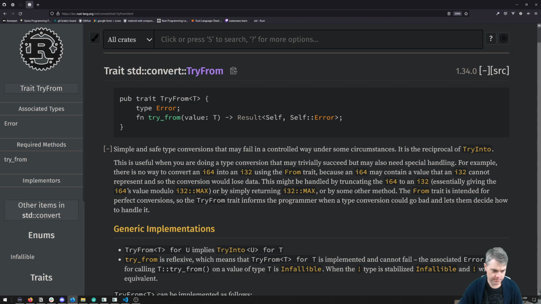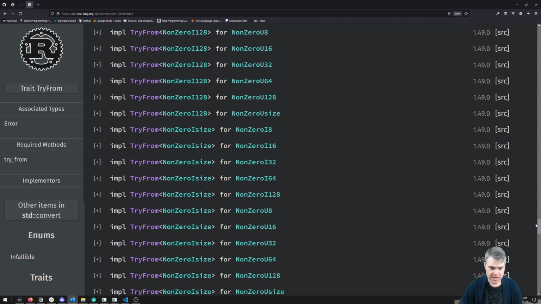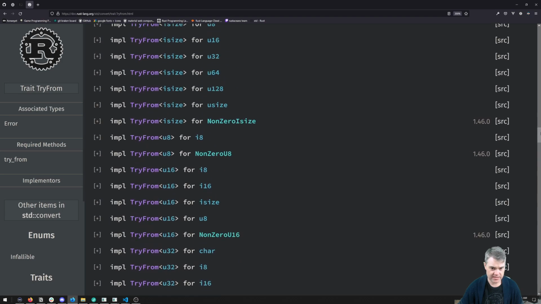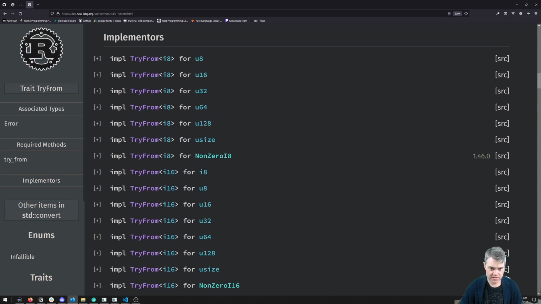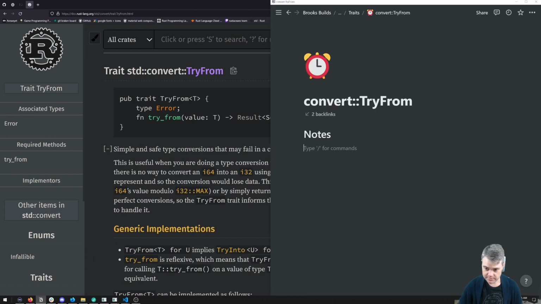Does that mean no? Okay, so look, TryFrom is implemented on other ones. So it is implemented elsewhere. It's not like we have to implement it 100% of the time. So TryFrom